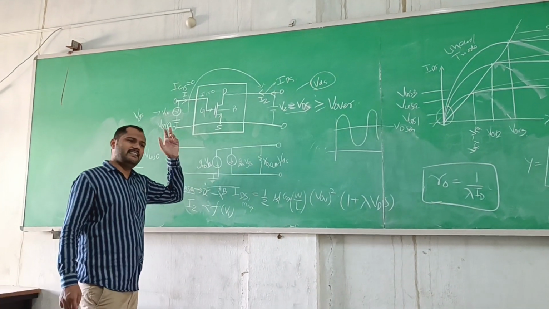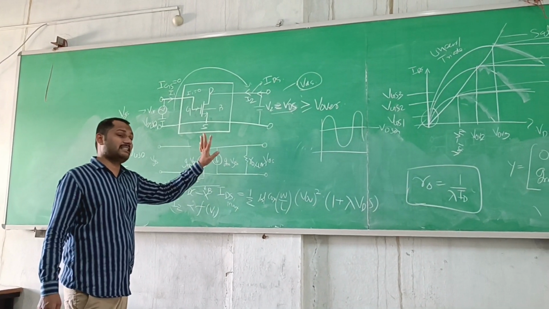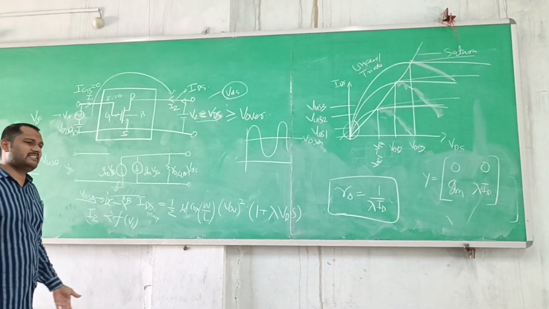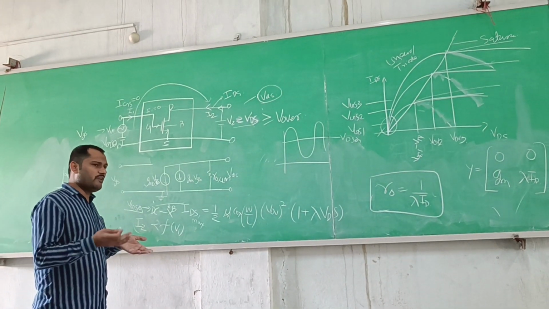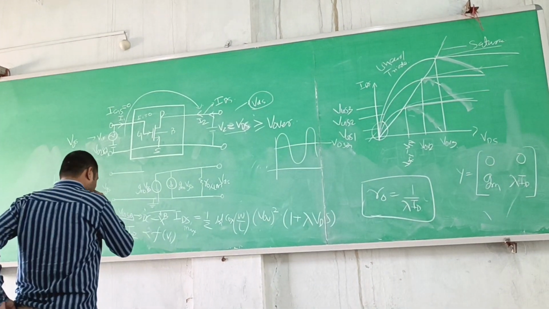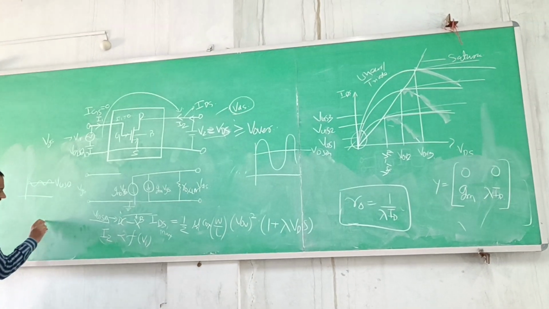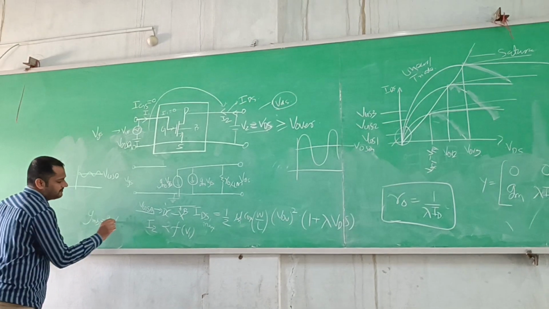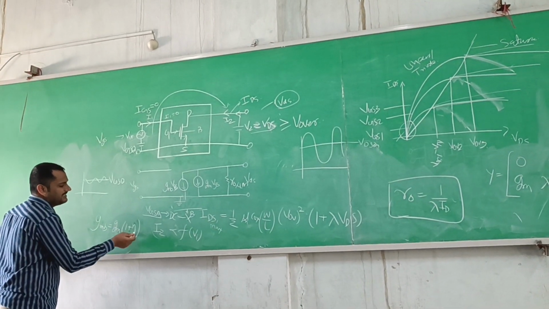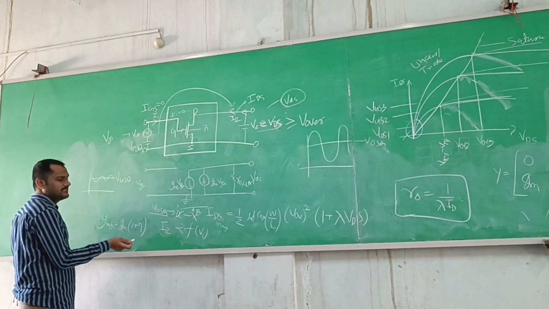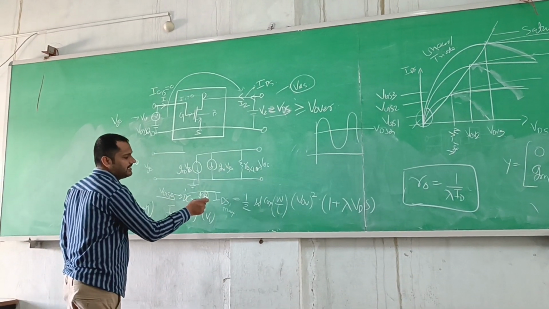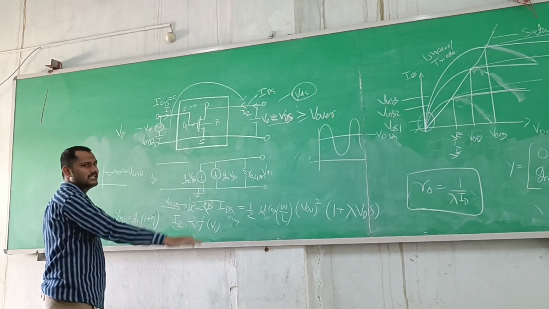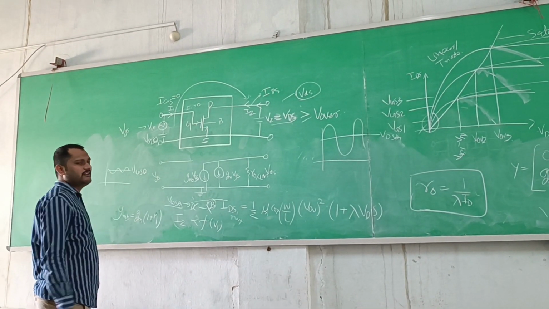We are not interested in the physics. Our subject is circuit design, only how it is affecting the circuit. We will not study the physics deeply; we will only do an overview. And this gmb value will be given. gmb will be equal to gm times eta, with eta given to you. You will calculate this, and the body voltage is also given to you. You have to put in the value, change the small signal model, and then solve the full circuit.